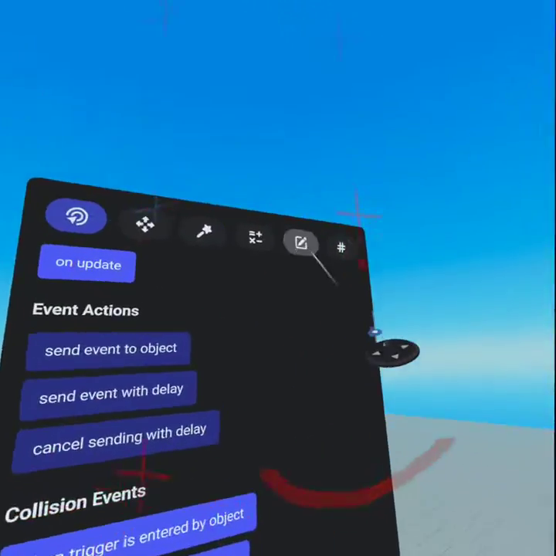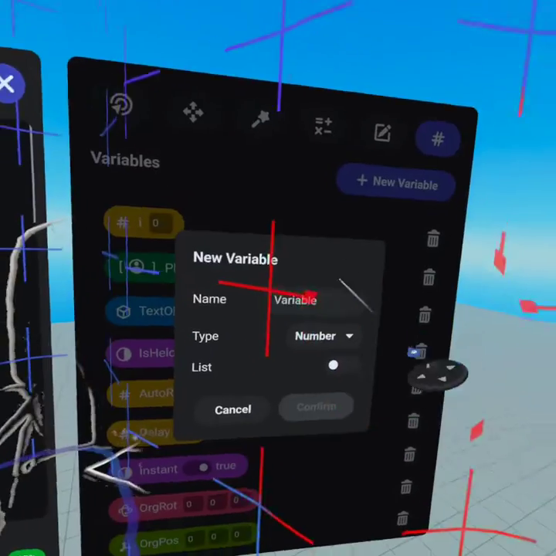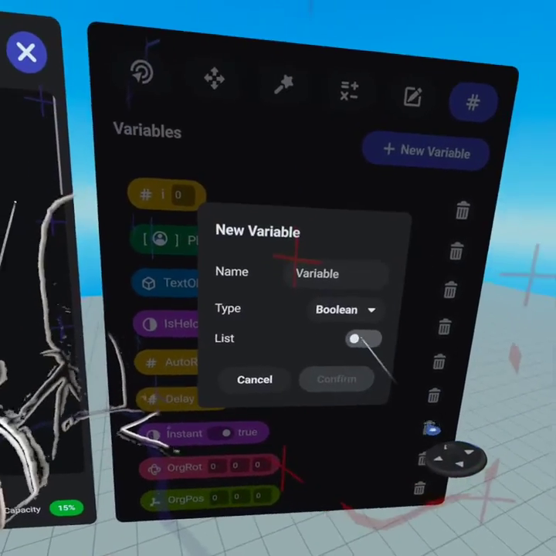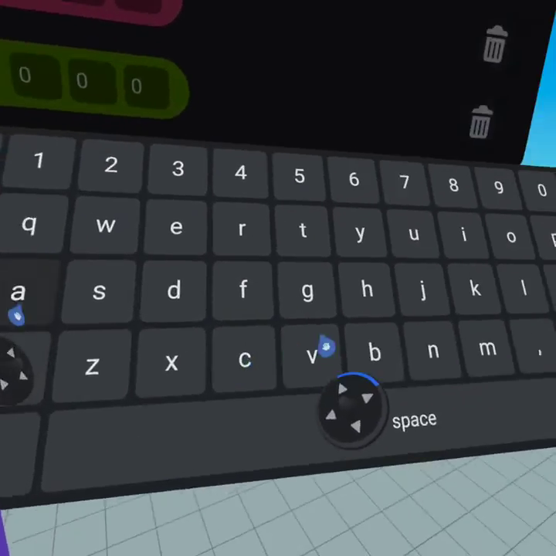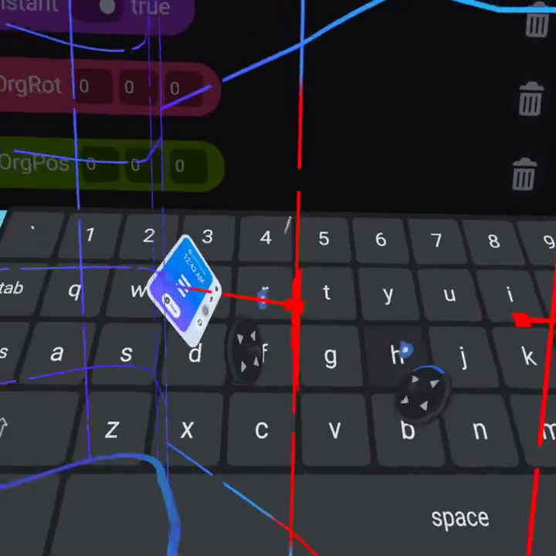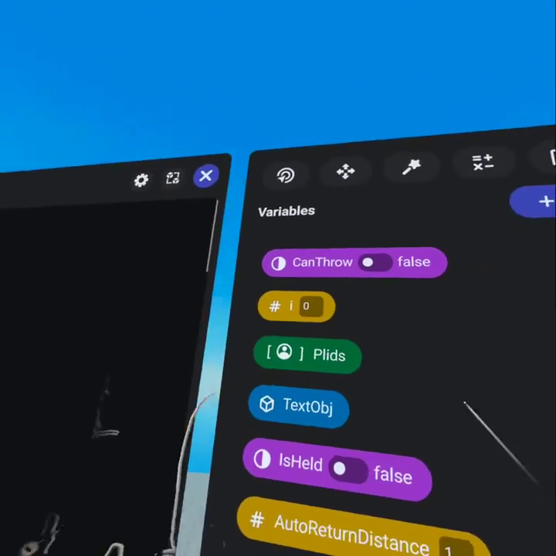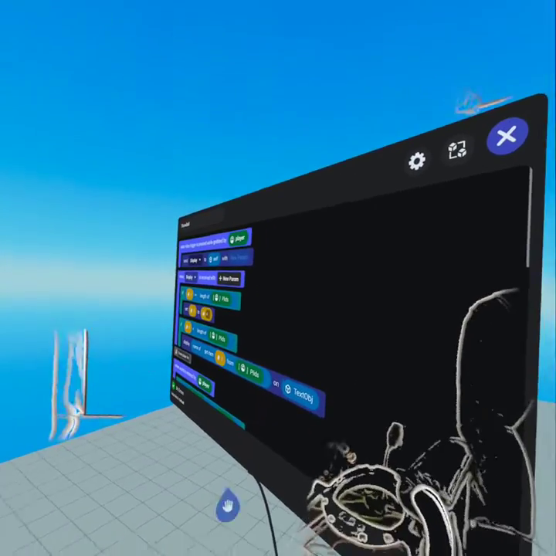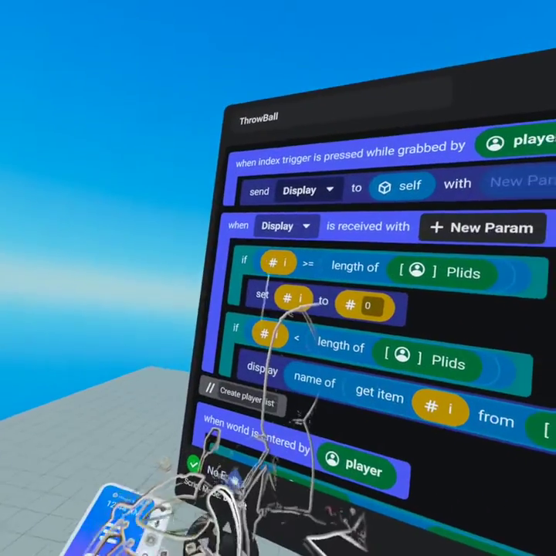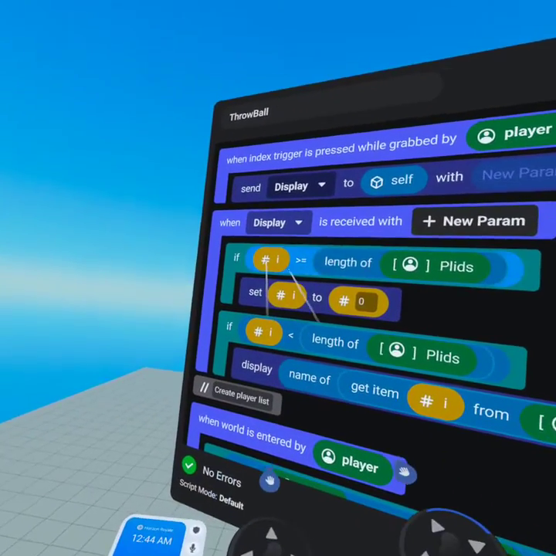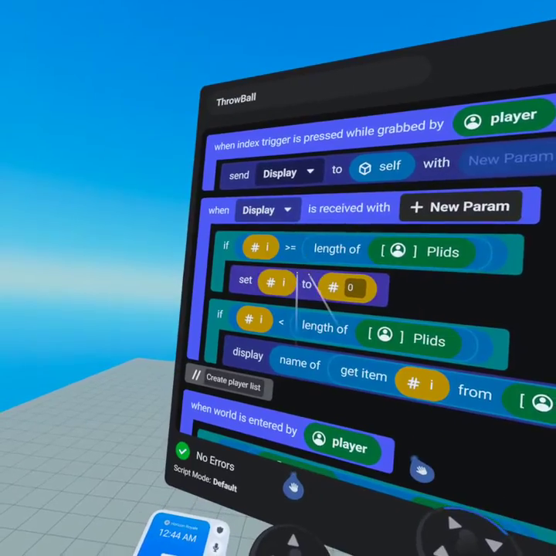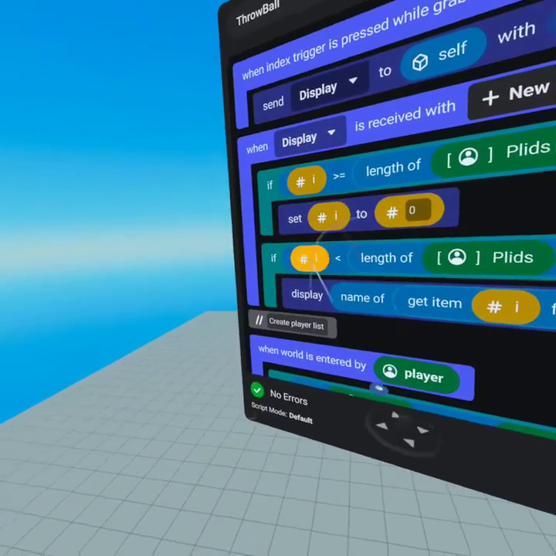Display will set a Boolean variable called can throw. Boolean can throw. Okay, and enter, click confirm. So can throw is by default false. And so in this here, if we know that the player is out of index, we know people have left,